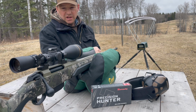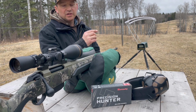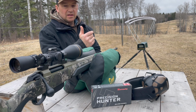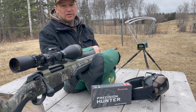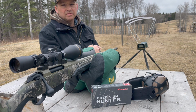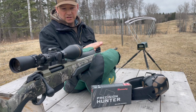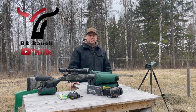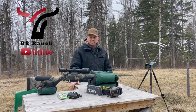The only thing I would change if this was my gun is I would pull the stock off, and all these Tikkas you can adjust the trigger pull amount with a little set screw, and I would turn that down. This trigger is just a little bit too stiff. It would be nice if it had just a little bit softer of a fall, but that can be adjusted on the Tikka. So thanks for joining me here at the ranch with this 6.5 PRC review,